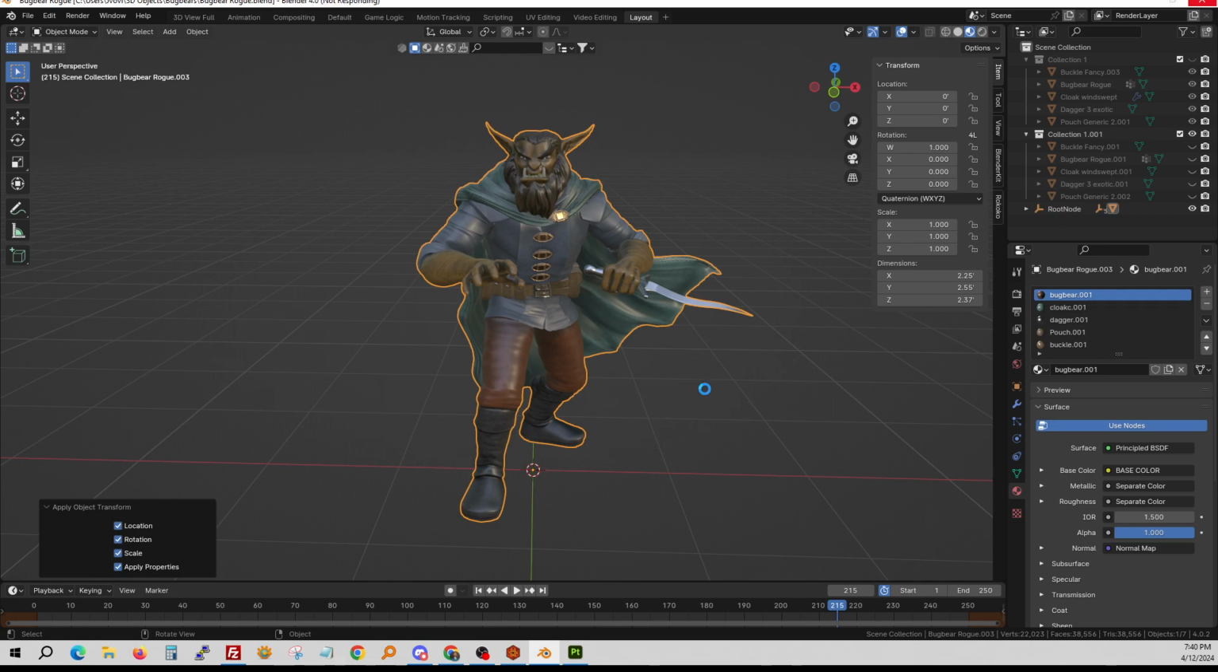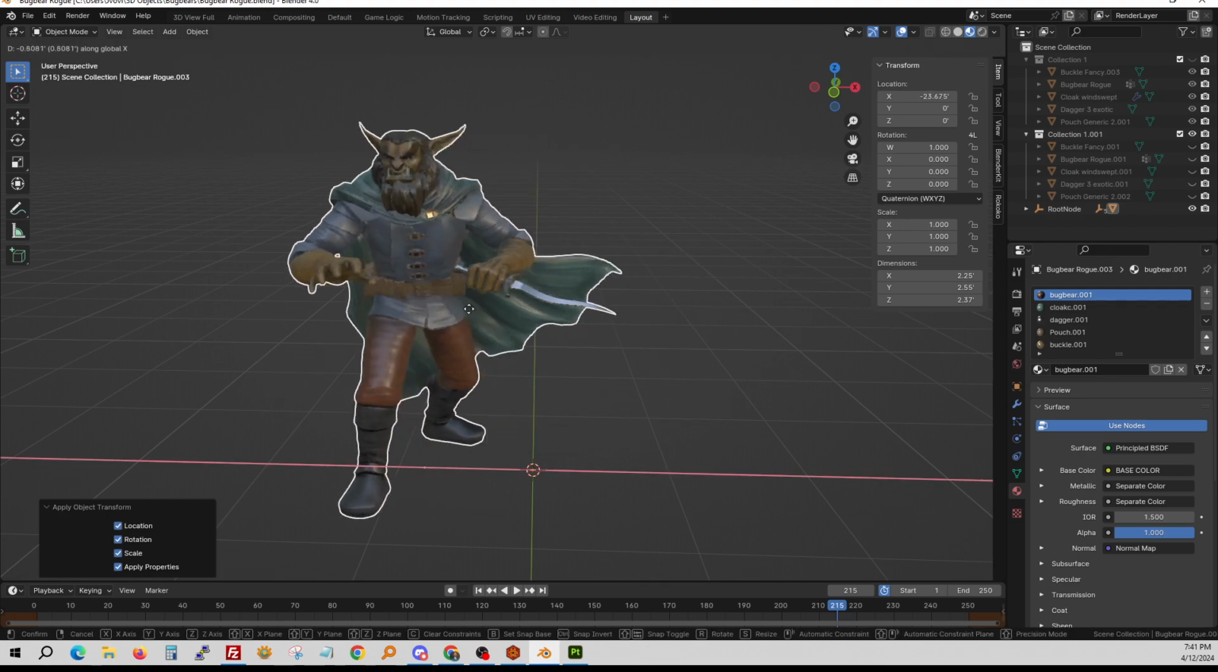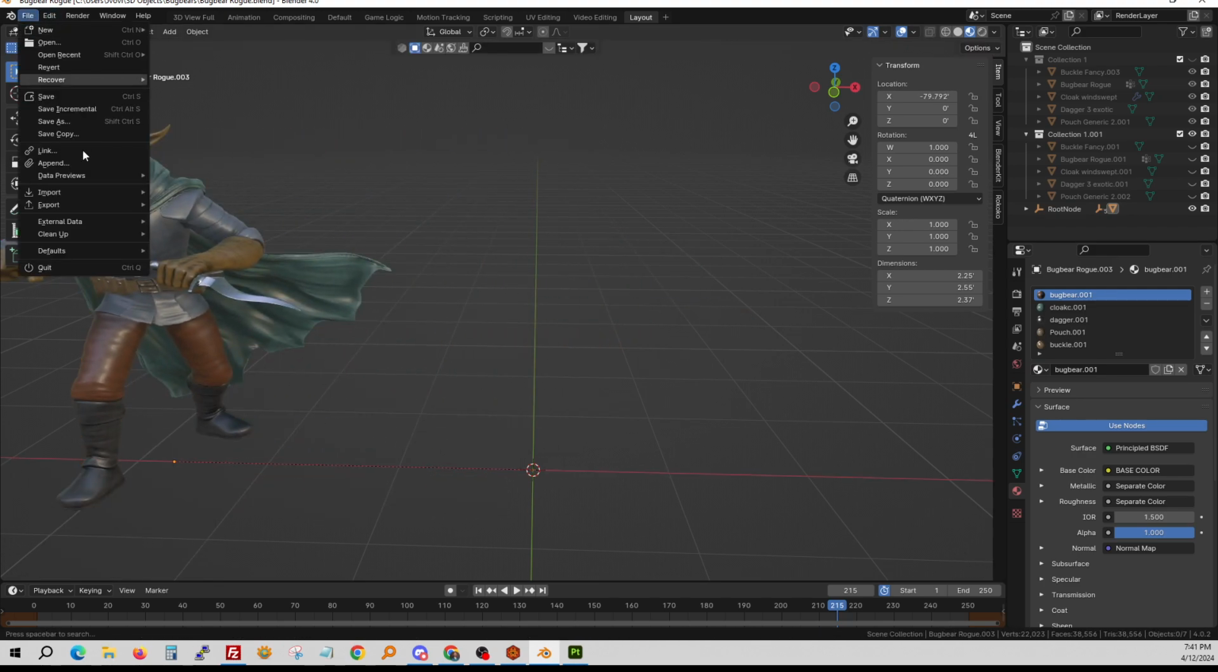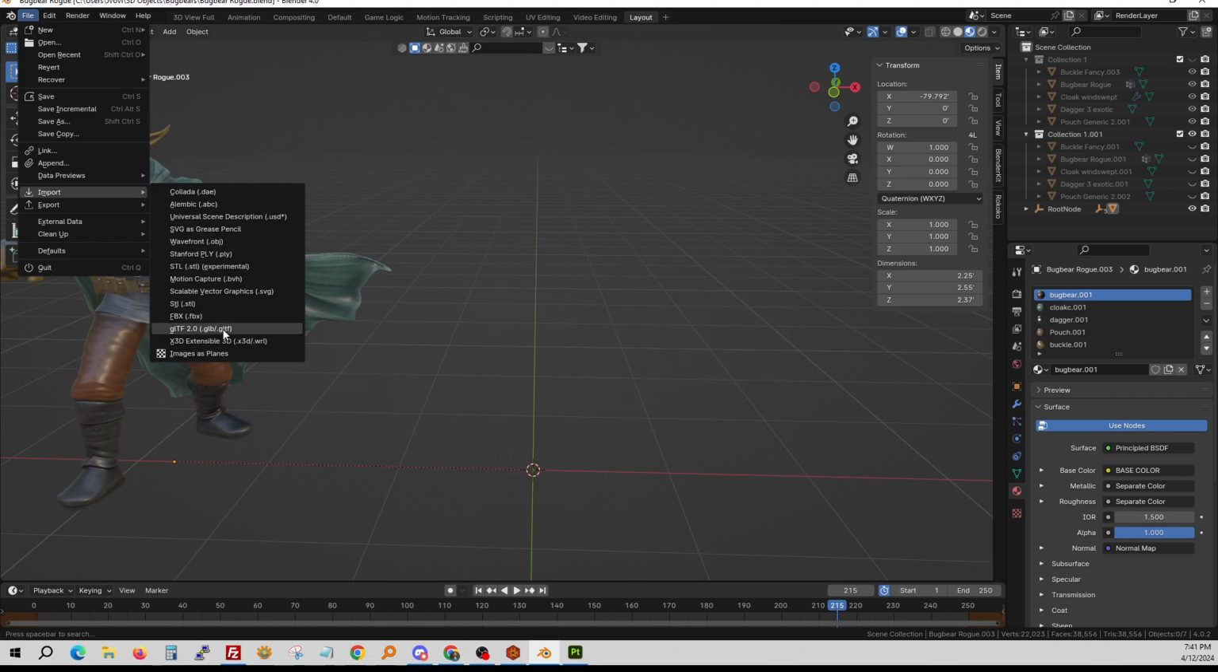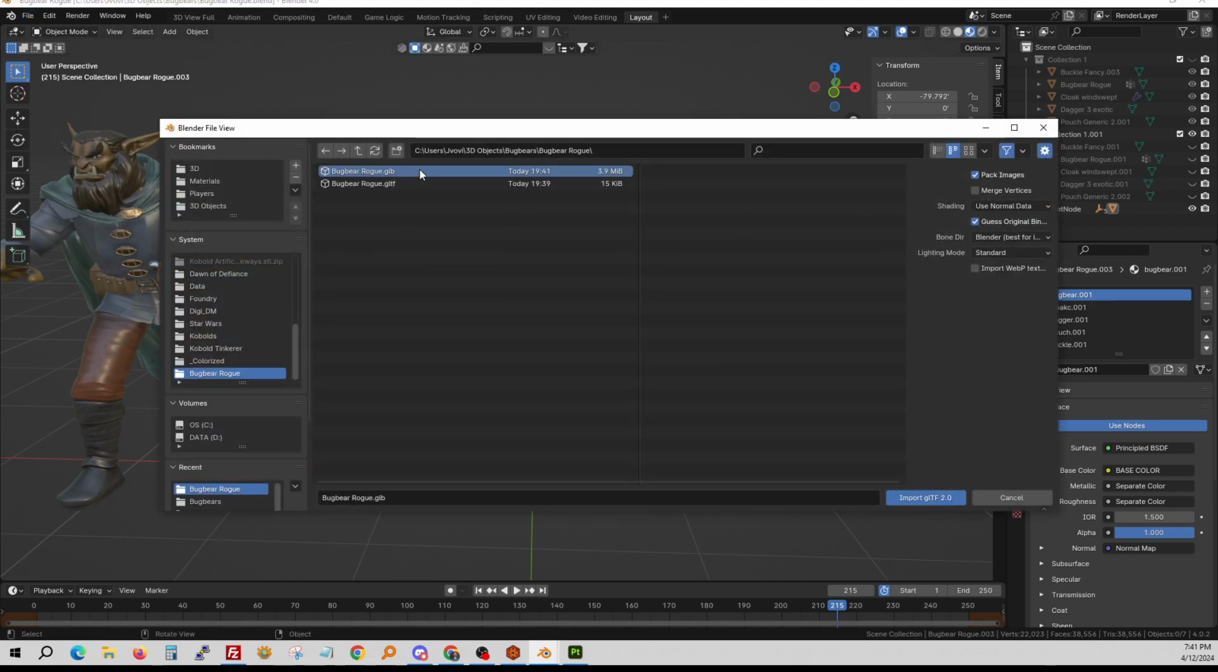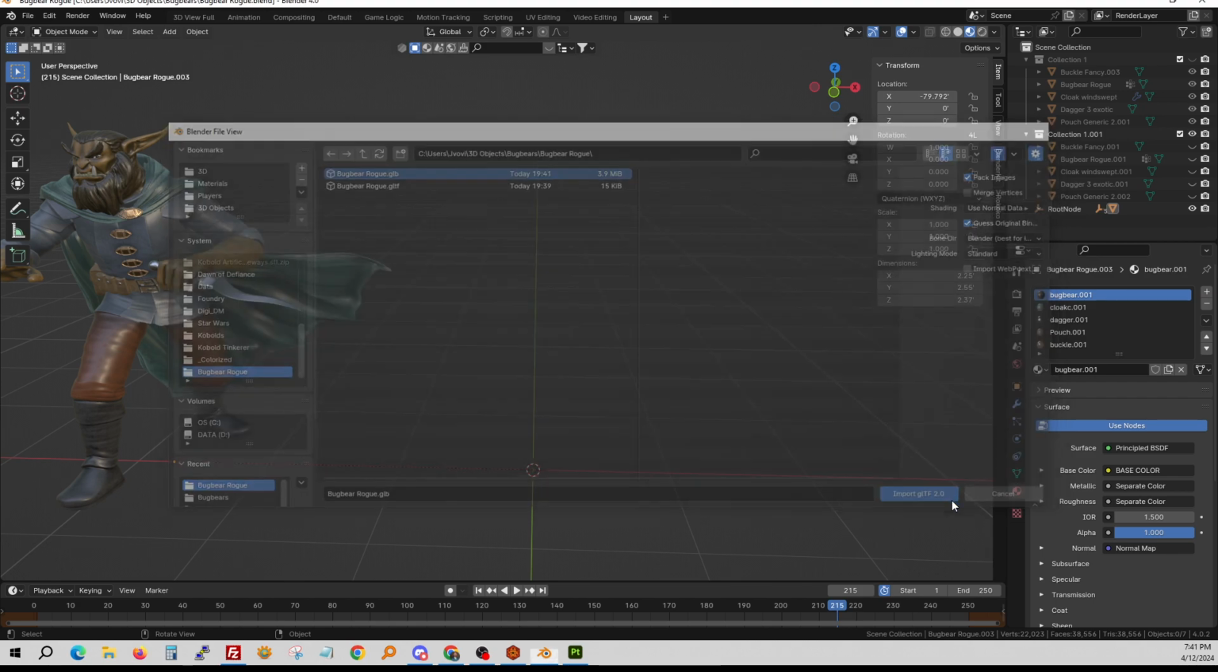Black square means it's thinking. Hopefully it's doing a big old compression. Okay, we're going to move them aside with G and X. I'm going to do File, Import GLB, and we have 3.9, so not quite what I wanted to get him to. So what we'll do